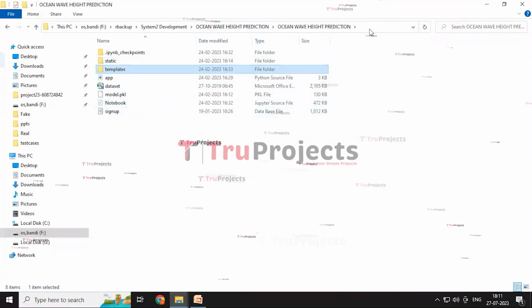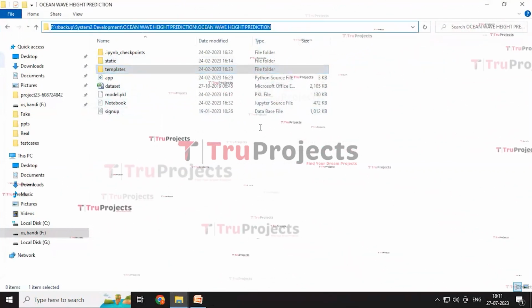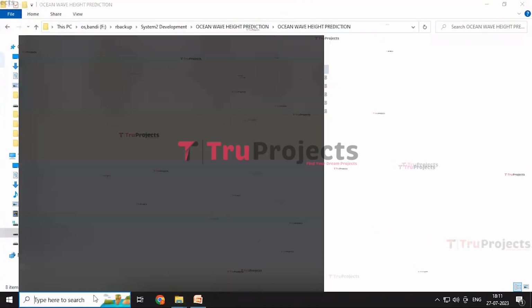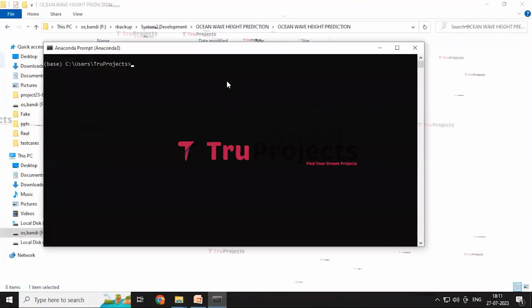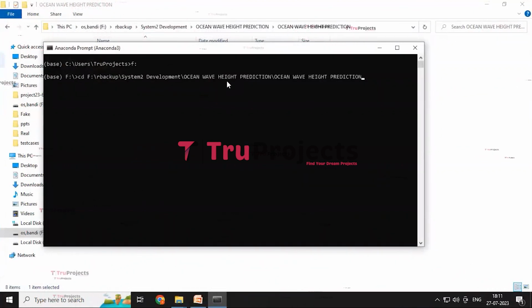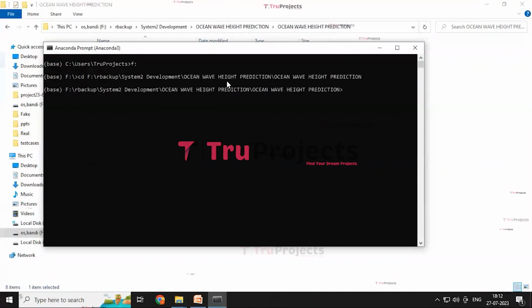And to execute the project, first we need to copy this code folder path and then open the Anaconda prompt. And here we need to change the location of the disk to F, because our code folder is present in the F disk. Then write a command that is cd space and paste this code folder path. By this, it will change the current directory to the code folder path, and then write a command that is python space app.py. By using this command, it will execute the Python script and check the runtime errors, syntax errors, and logical issues within it.